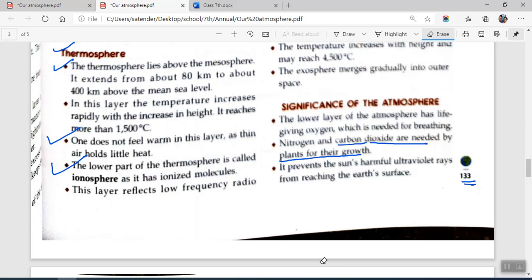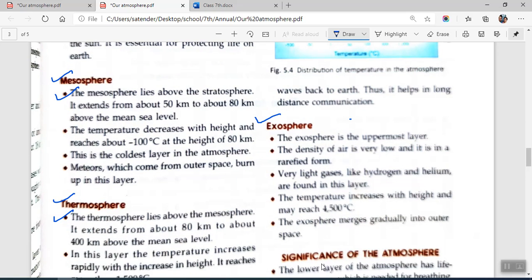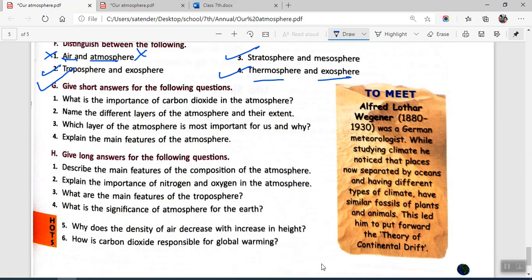Only the first point. I'll just erase these marks. And then you will be writing exosphere and you will be writing the first point only. Okay, so this is how you will be answering this one. You just have to write the name of that particular layer, and then you will be writing the extent, which is roughly related to its height. Okay, now moving on to